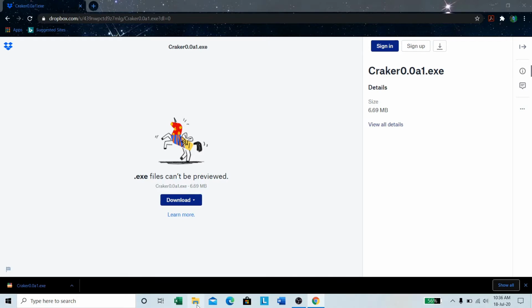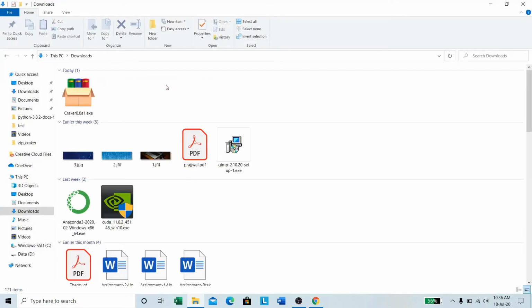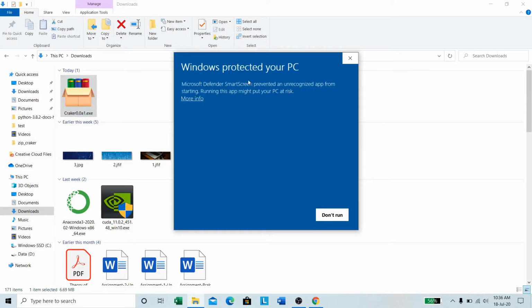Now let's go to a folder, downloads. Here it is. Double click on it. On Windows, a smart screen pop-up window will show up. Because I haven't set any publisher, click on run anyway.